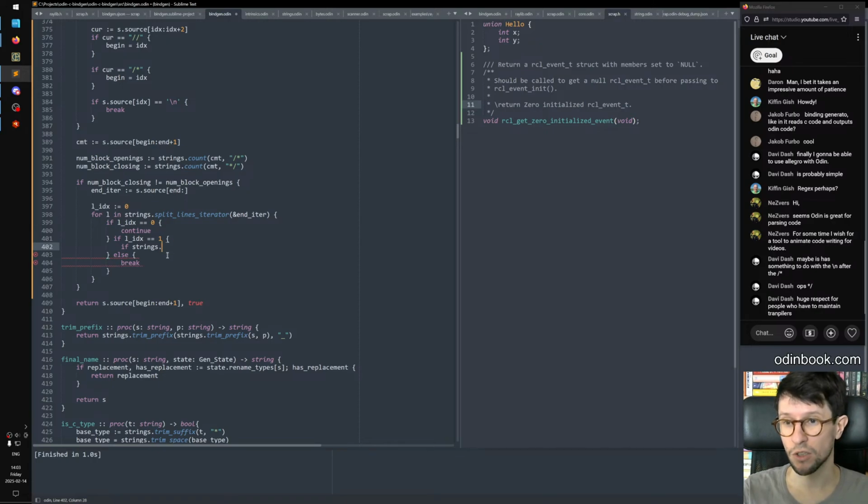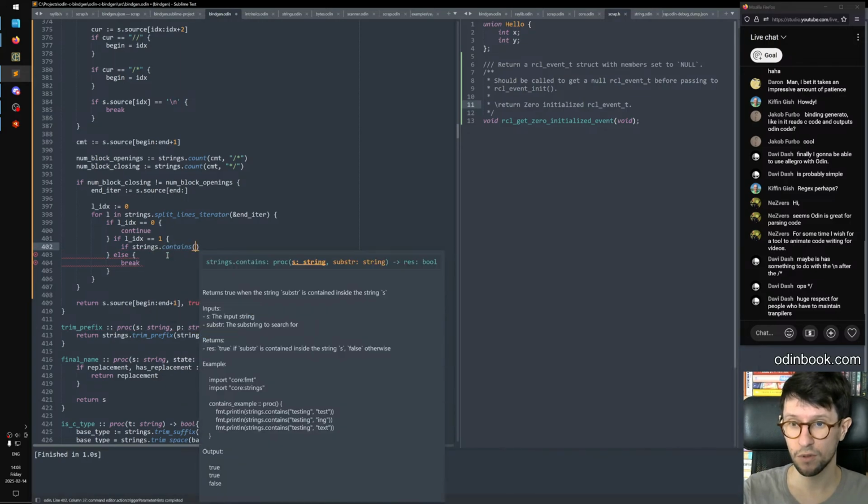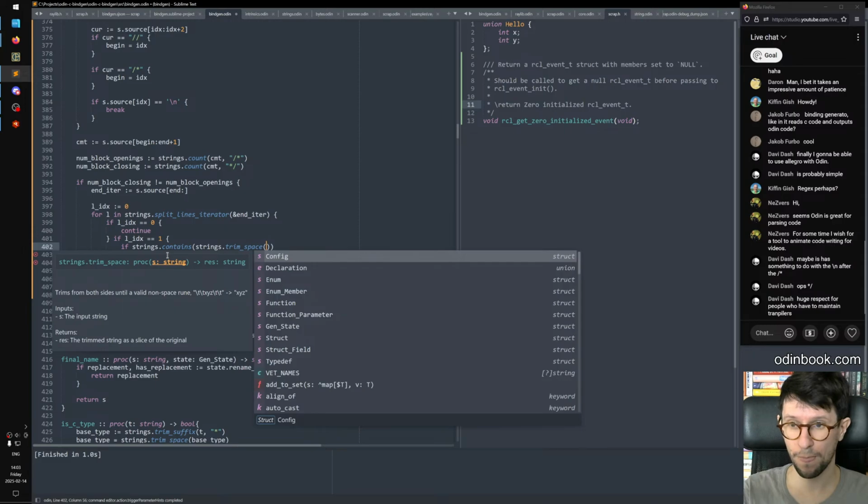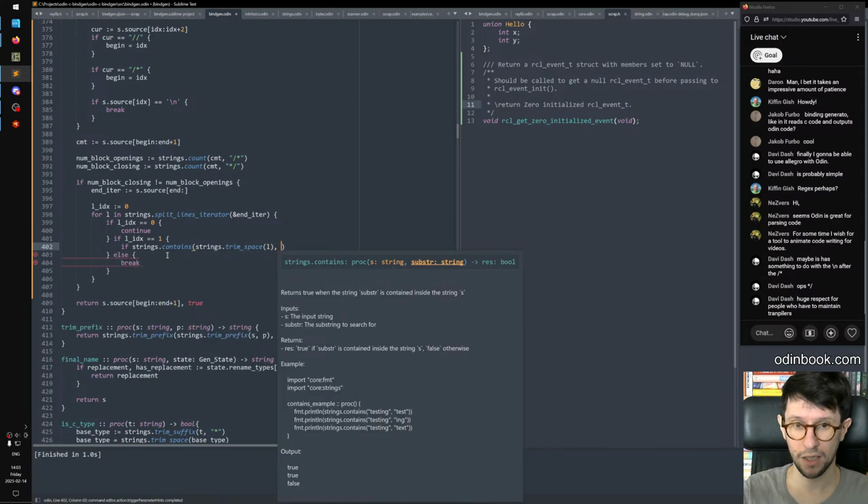This is not generally true, it's just in this case because of how Mr. Clang works. This is not gonna work. I'm just gonna do this now. This is not gonna work in general, but